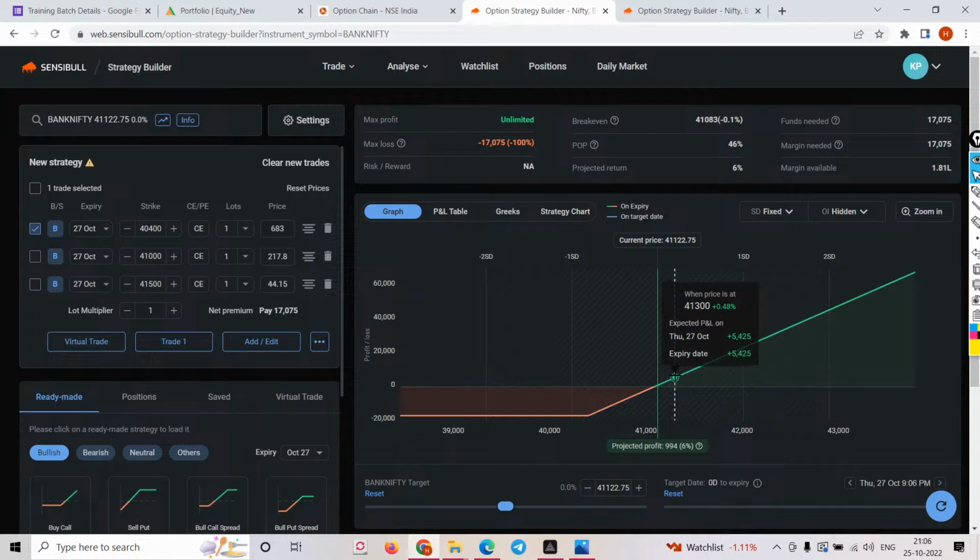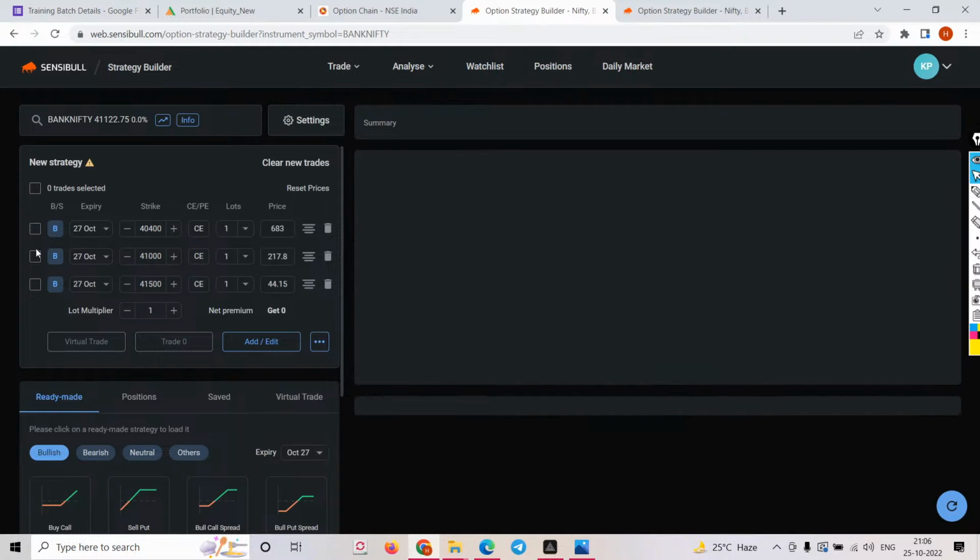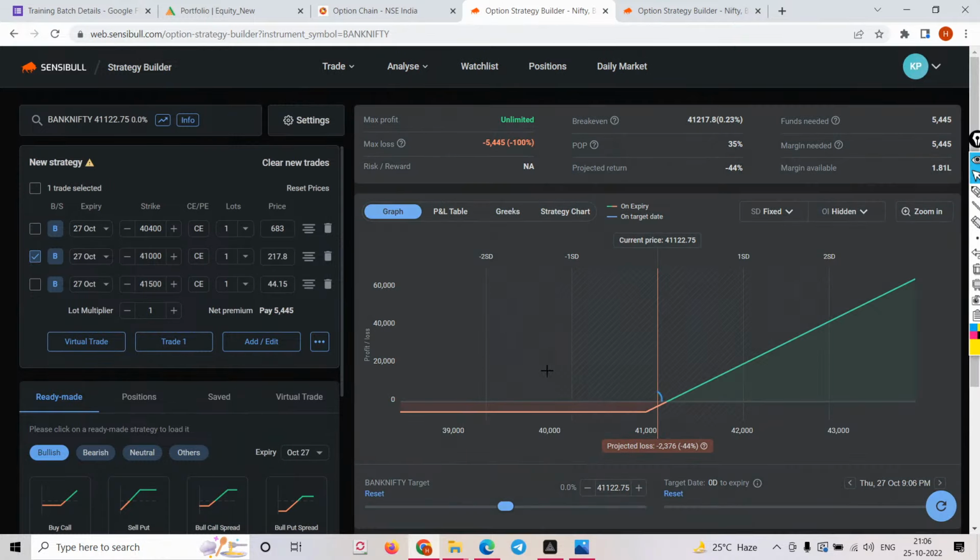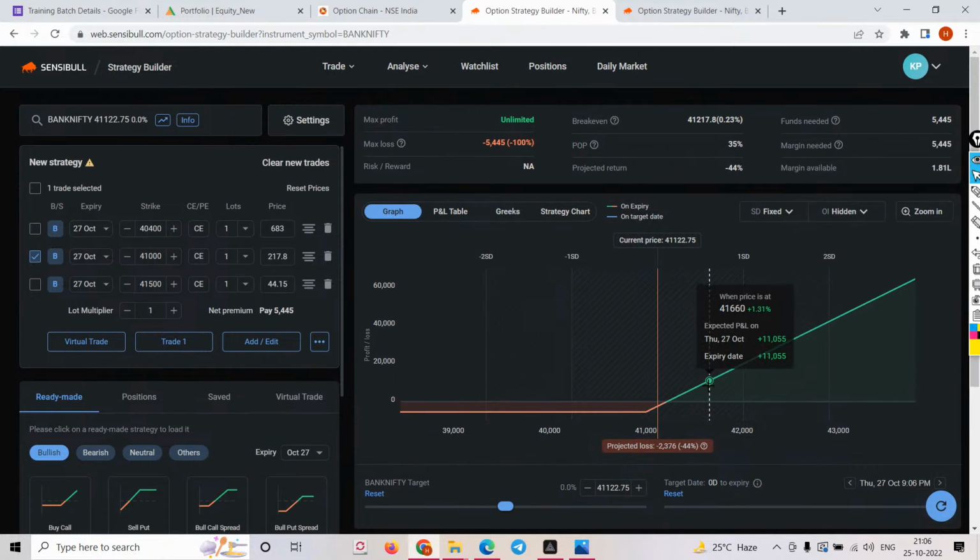Let's take 1%, to make it realistic. 1% in the money is giving you 11,500 profit. All right, check the probability. Probability is 46%. Now I'll go for at the money. What will at the money give you at a move of 1%? This is giving you only 8,000 profit. In the money was giving you almost 12,000 profit. At the money is giving you only 8,000.